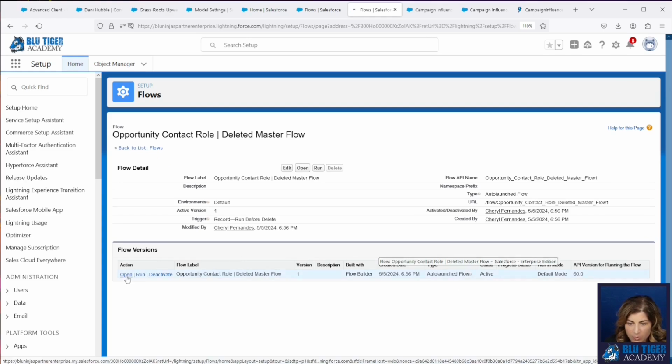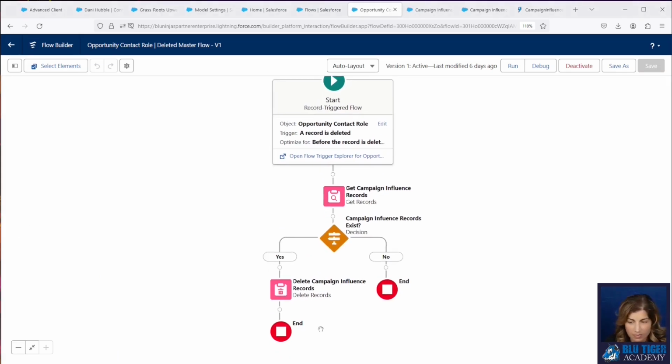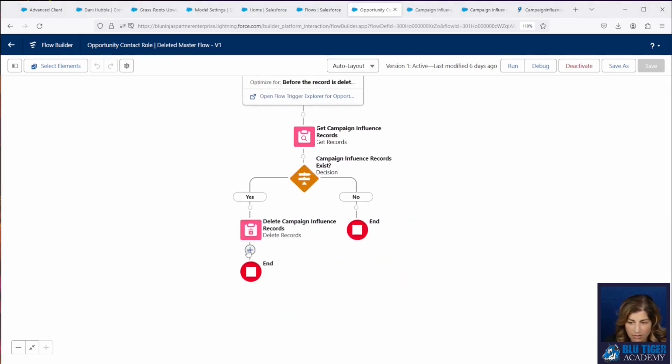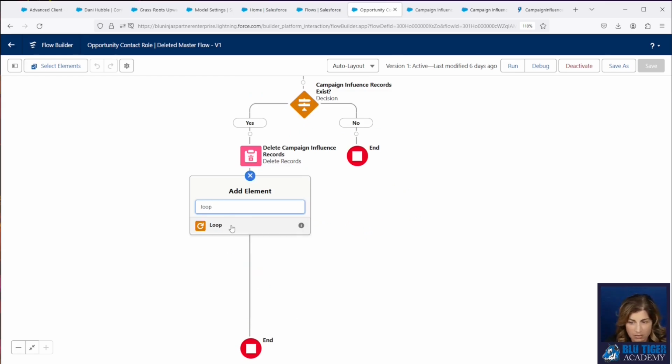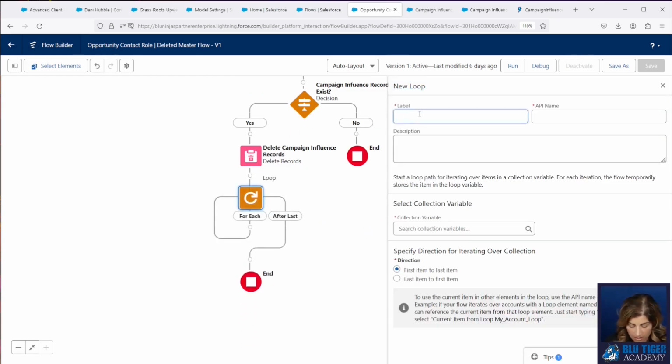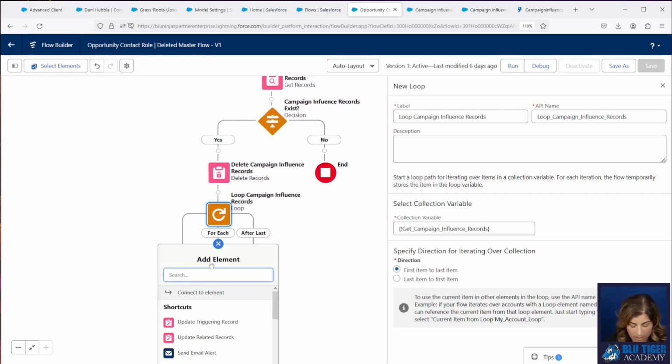You're gonna open this one up and we're gonna bolt some things onto this. Now right here, we're going to add a loop element and we're going to loop our campaign influence records. And then we're going to add a decision element in here.